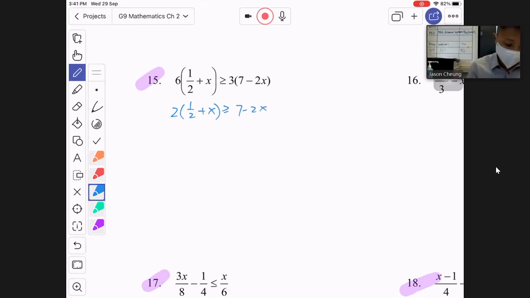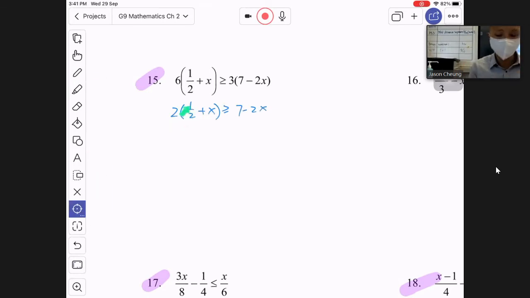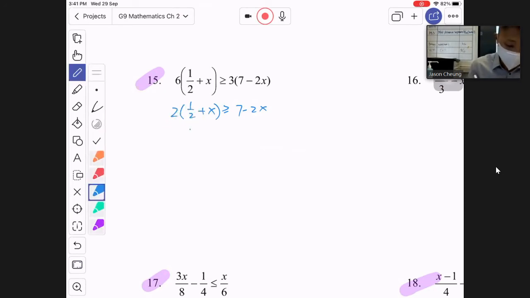And the next one, the 2, we have a fraction, right? We don't want it. Here you have many ways to do it, but I will multiply this 2 into this bracket to expand it. And then very easy, the x goes to the left hand side. And then here 6, therefore x